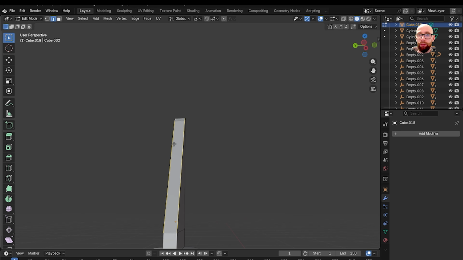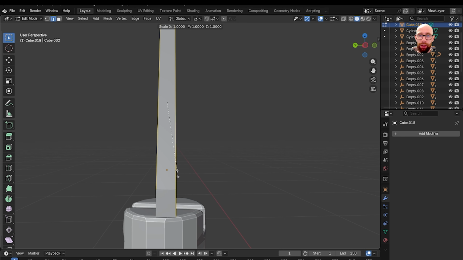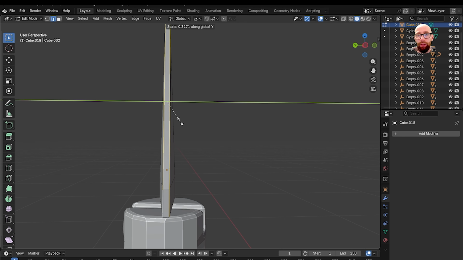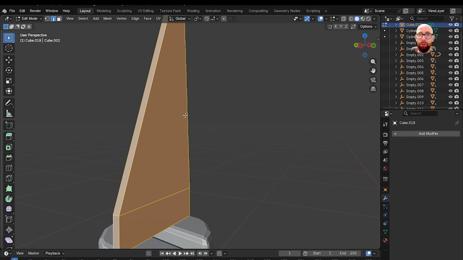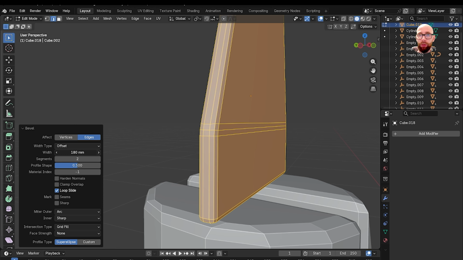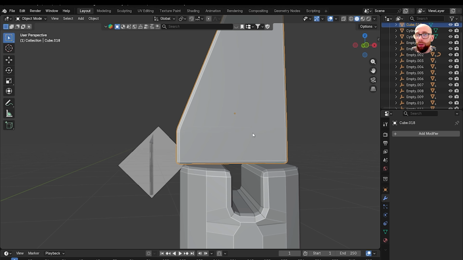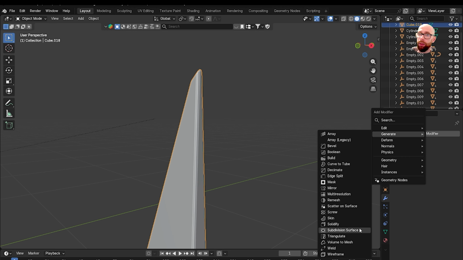For that, I'm going to make that more knife-like, so S and Y to make it a little bit more pointy. Otherwise it's not going to be a very effective knife. Grab that, Control B. Increase that bevel, something like that. And then we've got our blade, generate subdivision surface,